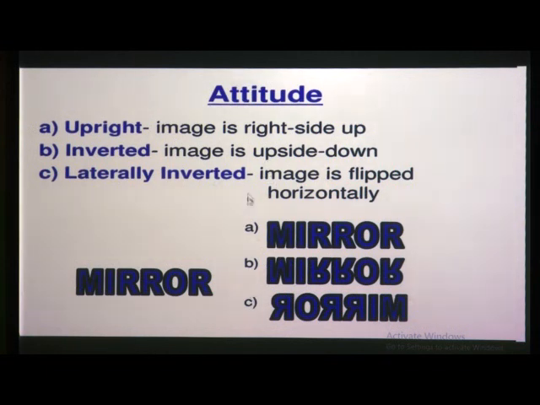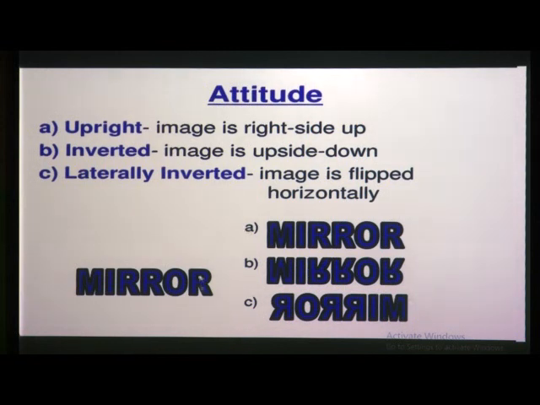If we get a laterally inverted image, here in C you can see the mirror and you will see the image. Next to this mirror it is R, then next to the R it is O. So exactly, these lateral sides of this word are M and R.